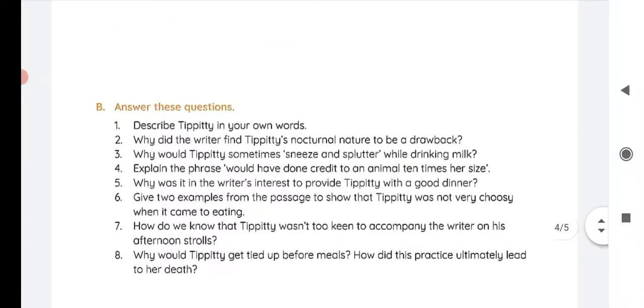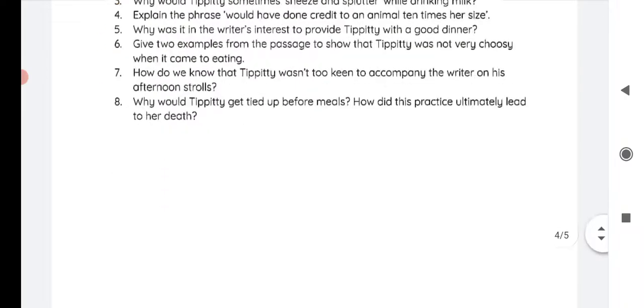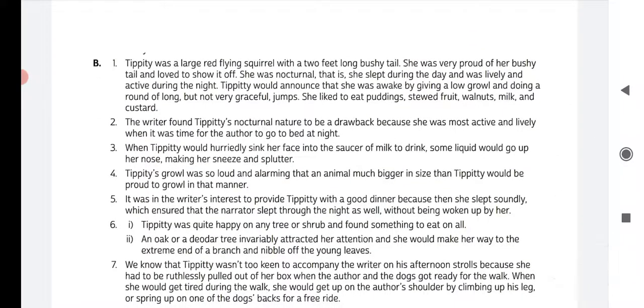And the third question, why would Tippity sometimes sneeze and splutter while drinking milk? I repeat the question. Why would Tippity sometimes sneeze and splutter while drinking milk? And the answer would be, when Tippity would hurriedly sink her face into the saucer of milk to drink,